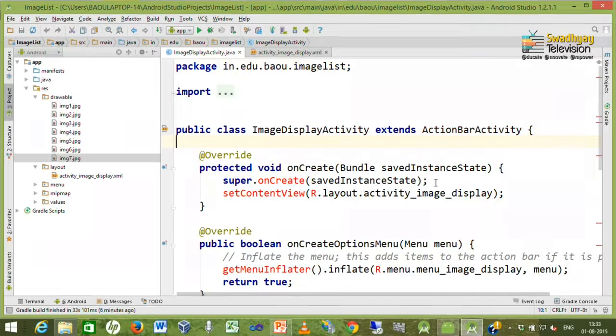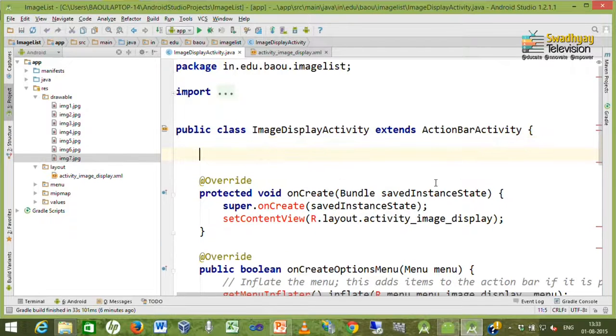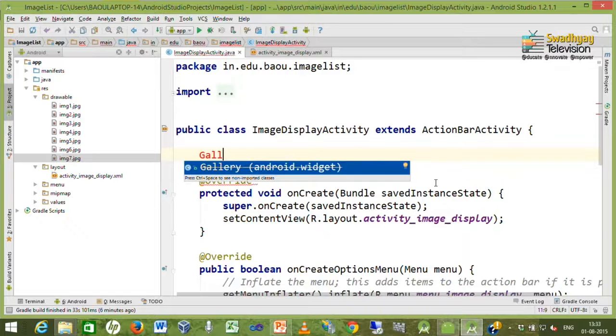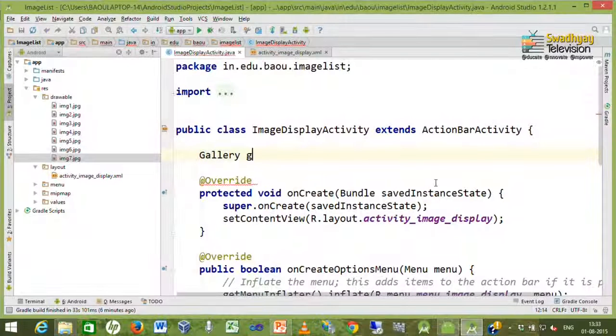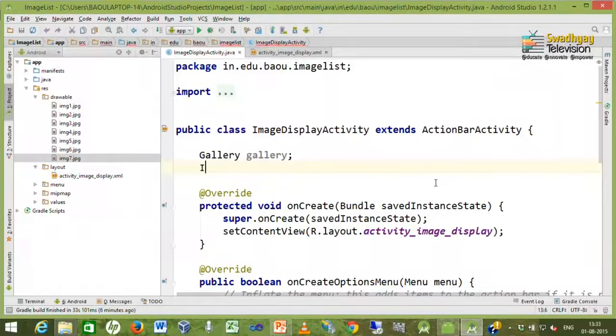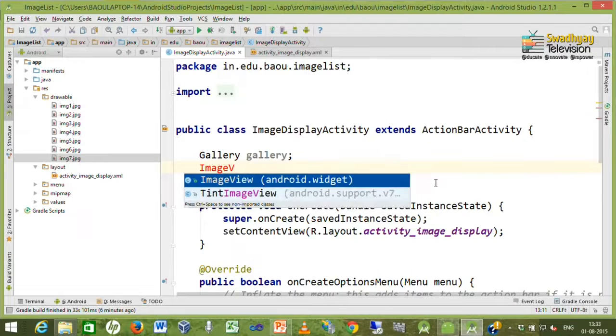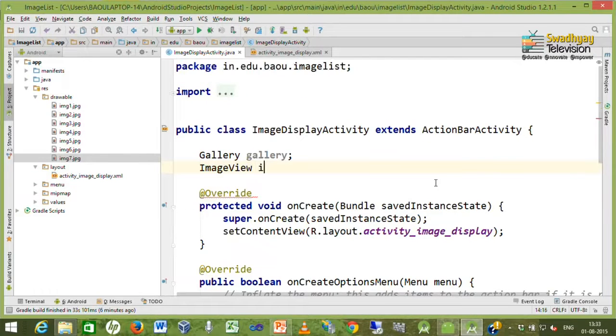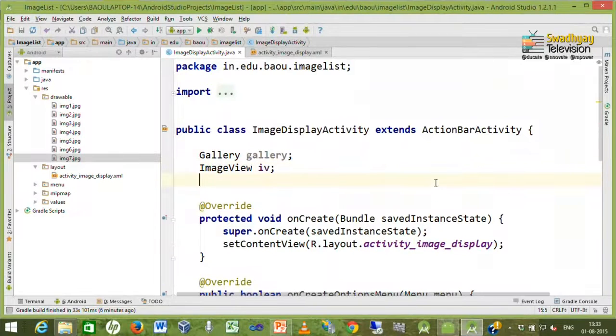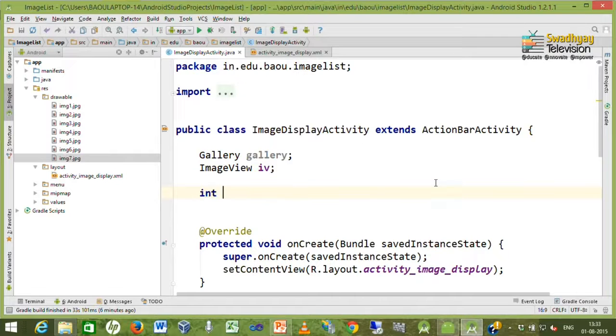So, here I am declaring two controls. One is gallery and another is image view. Here I am declaring an integer array for representing IDs for our images. Now, all these images are available inside the drawable folder.